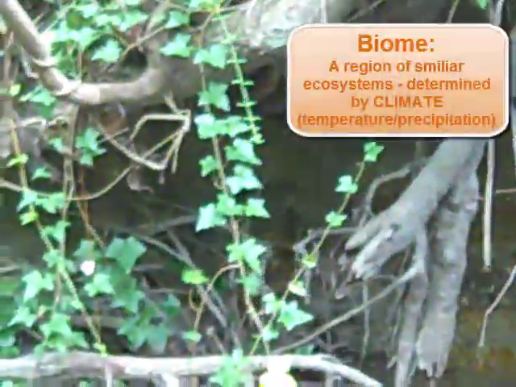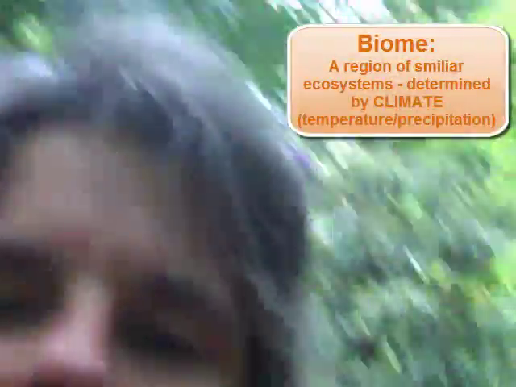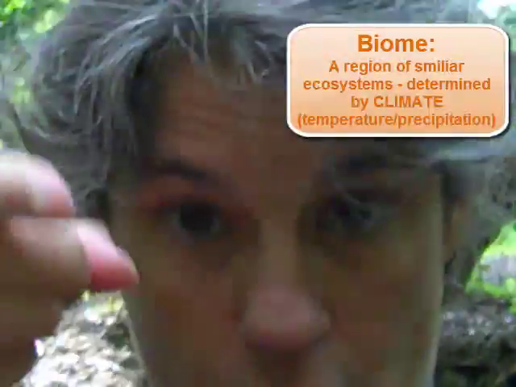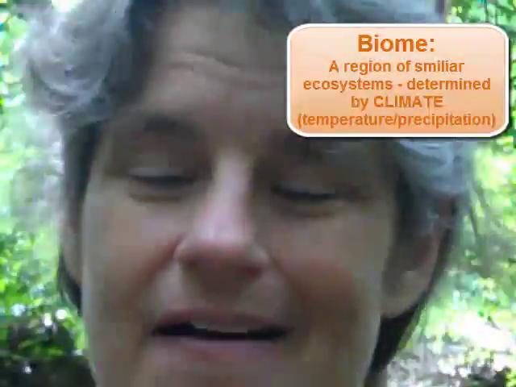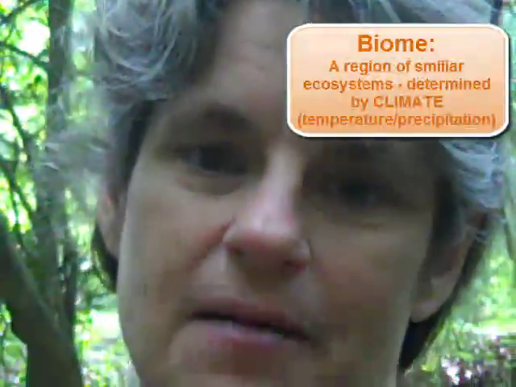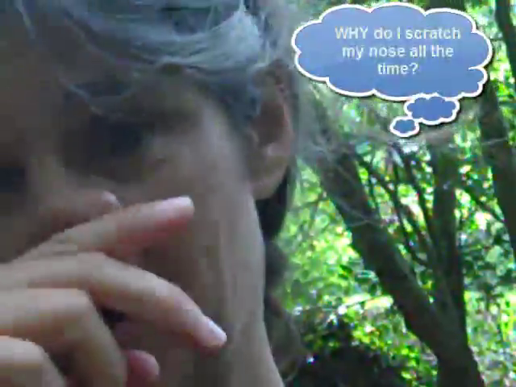And finally, we can talk about a biome, which you all just really, let me take a moment to say, learn your biomes, okay? That's stuff that you've been introduced to time and time again. You need to know tundra, tropical rainforest. This biome, which is a beautiful temperate deciduous forest, and biomes are determined by, generally speaking, climate factors, temperature, amount of precipitation, and that kind of determines how much life can be supported, okay?